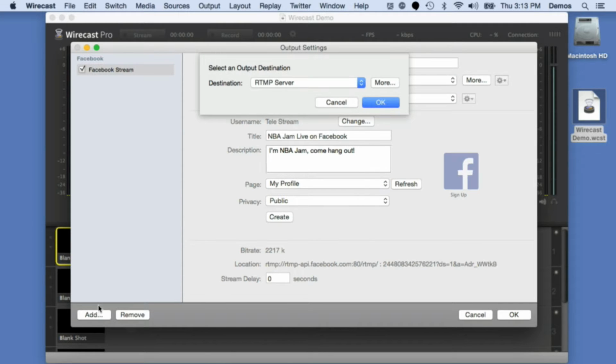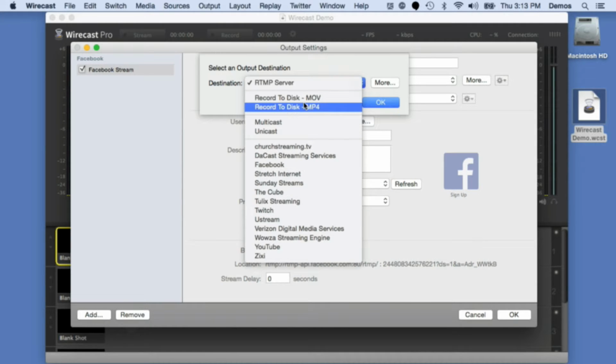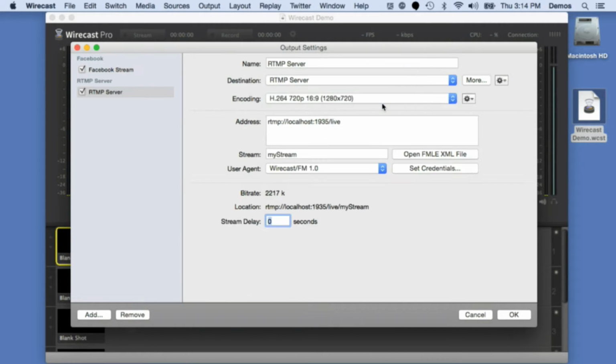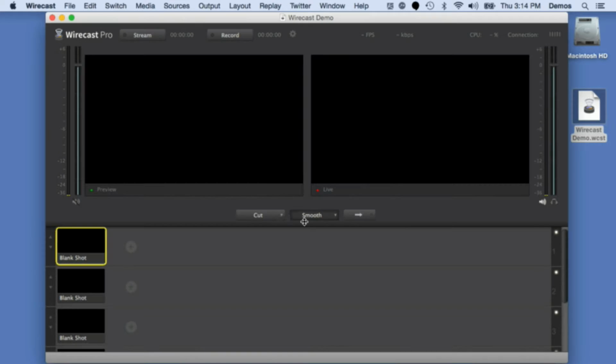If you are also doing this, you might want to record a local copy. I like to keep local copies just because then I have a backup of any recordings or broadcasts that I do. For this, I'm not going to do that because it's just a test, but that's a best practice I recommend. And hit OK. Now, you're pretty much ready to start streaming,